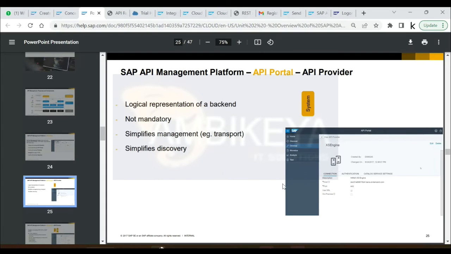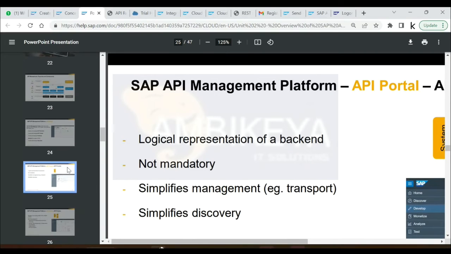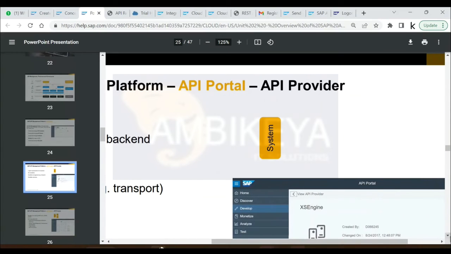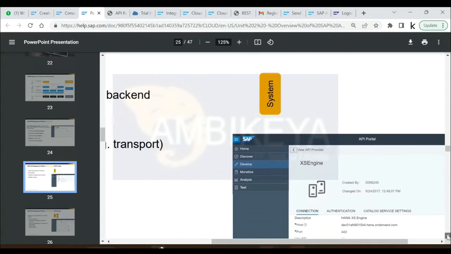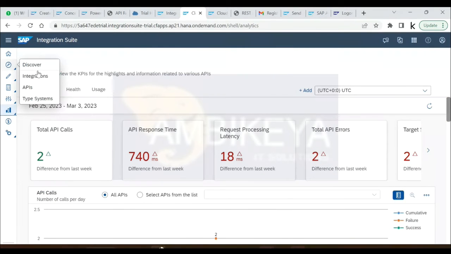See this screen. This was the screen earlier. All this front end, all this UI, they clubbed into CPI. So in discover, earlier we only had APIs, not other things. But now if you click on discover, you'll get a second pop-up. This pop-up was not there. As soon as you clicked on discover, we used to get